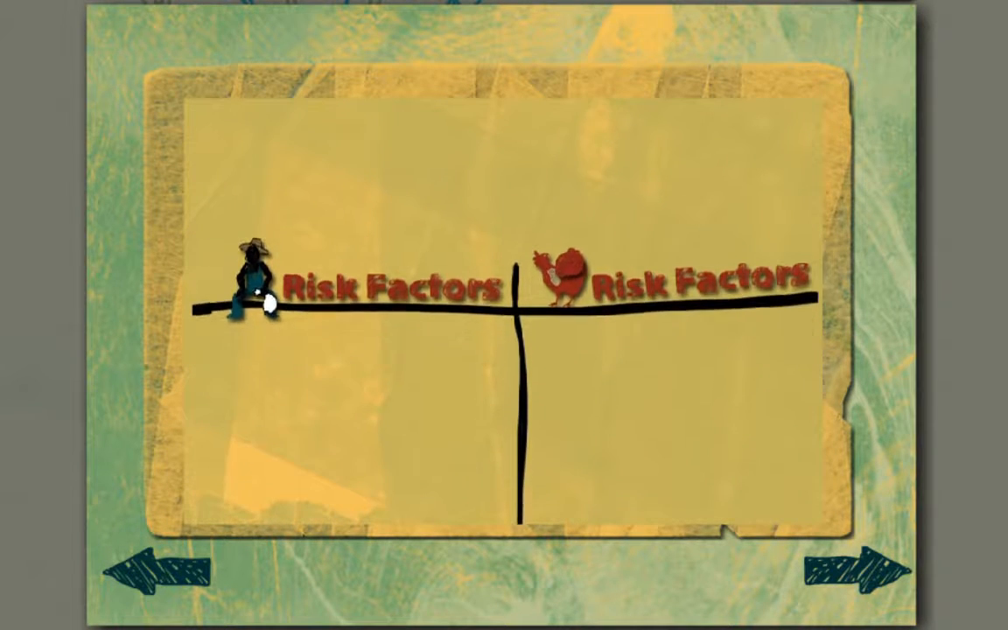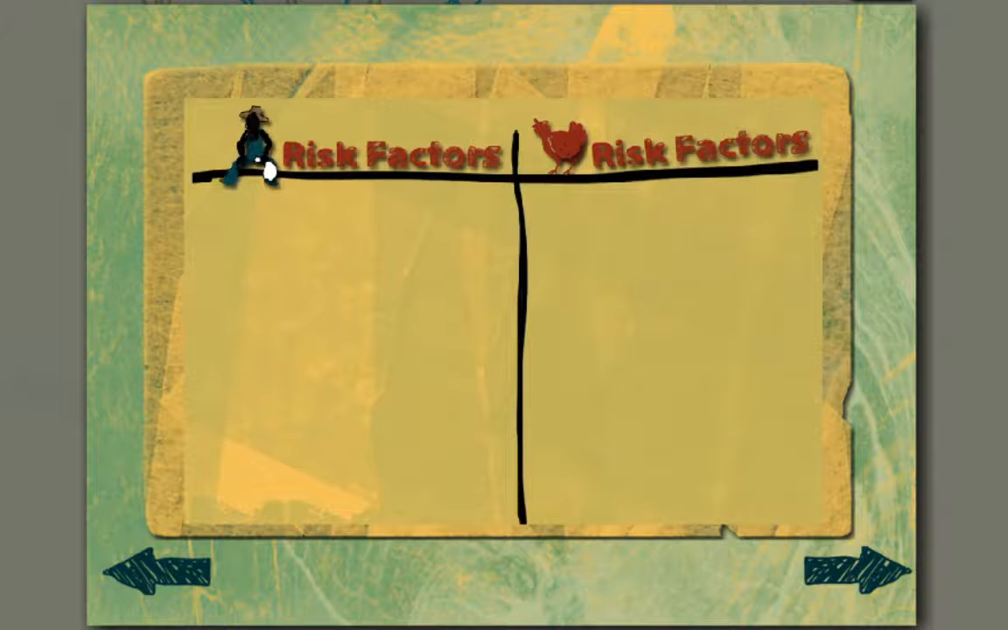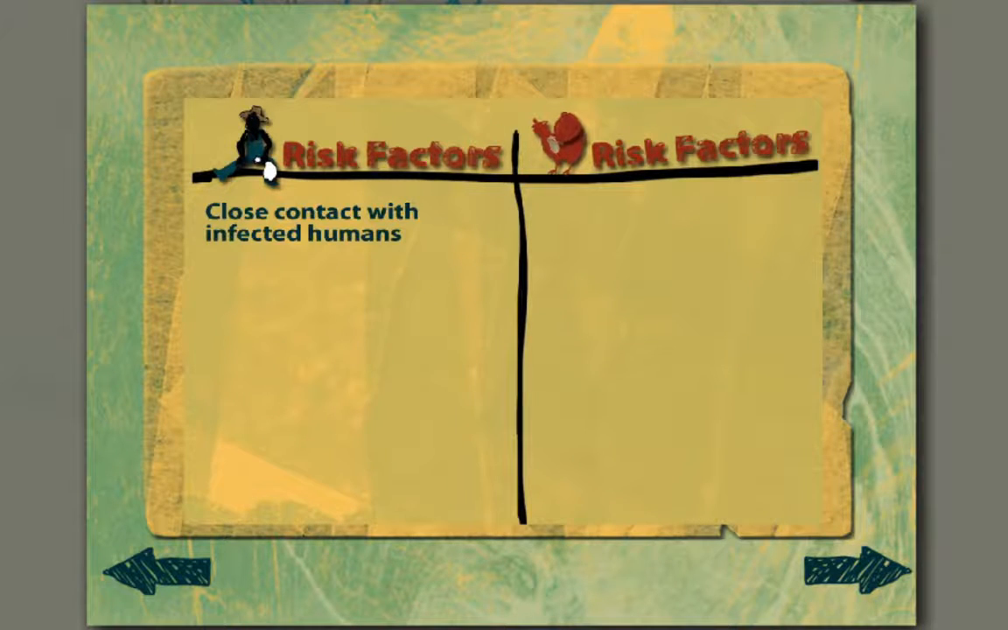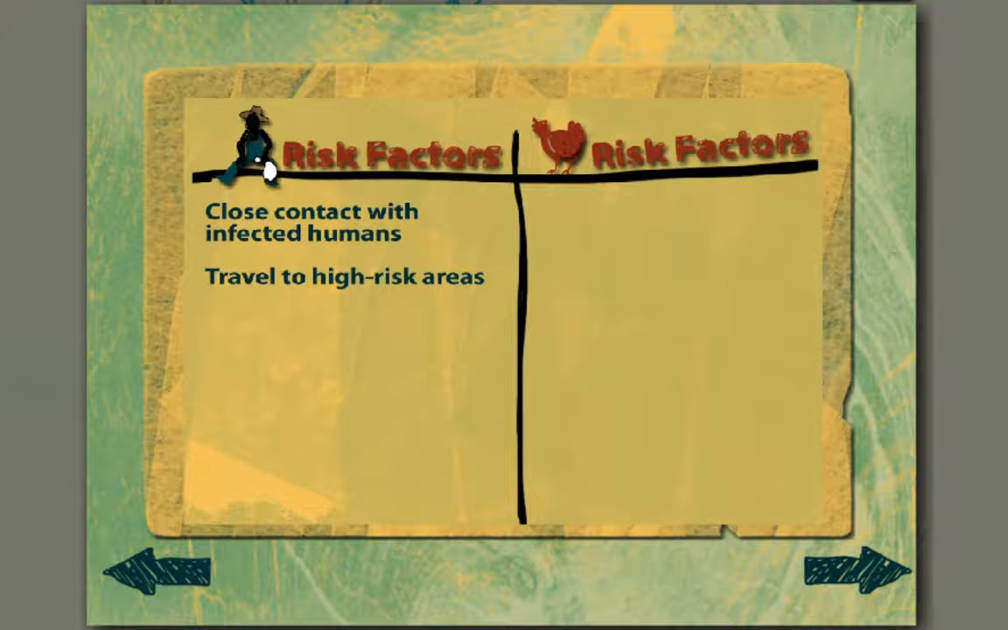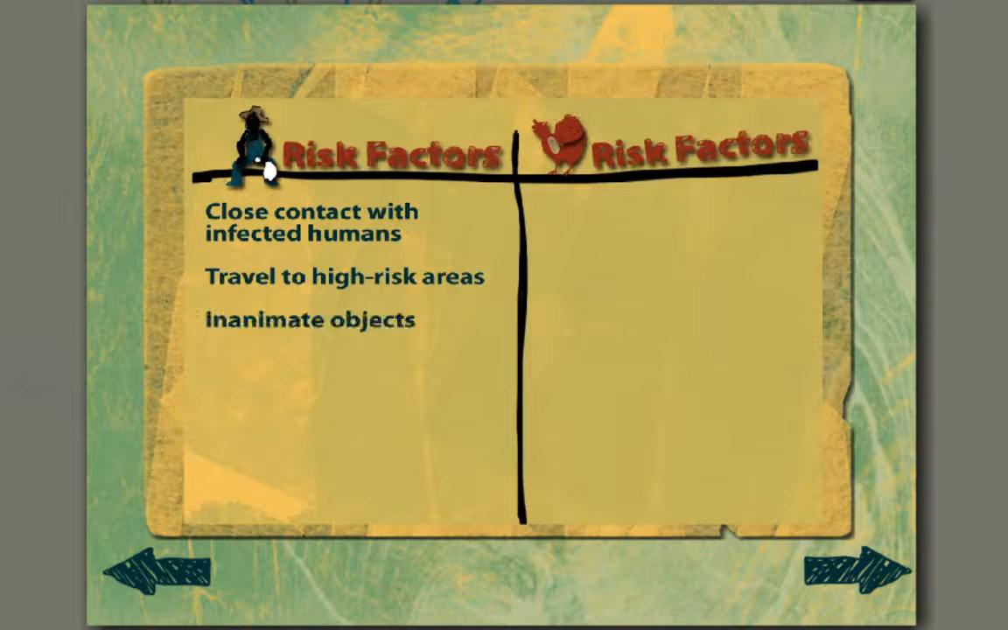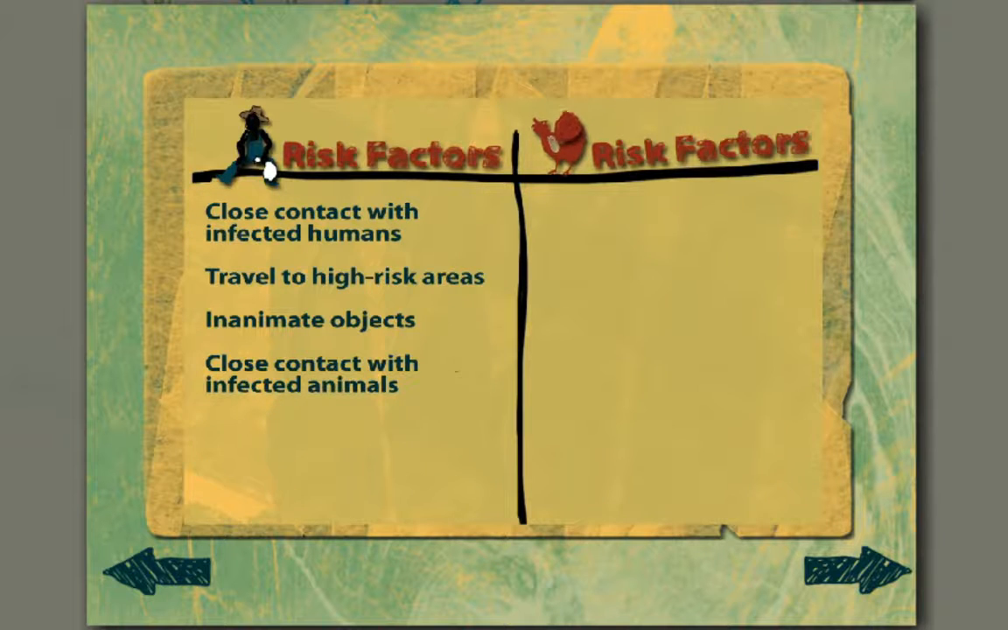So what is a risk factor? In humans, it's known that close contact with infected people increases the risk of transmitting influenzas. Traveling to areas where influenza is common also increases the chance that you will become infected. Inanimate objects such as doorknobs and water glasses can also transmit the virus. In certain strains, cases of influenza have been traced to contact with infected animals, including the consumption of raw or